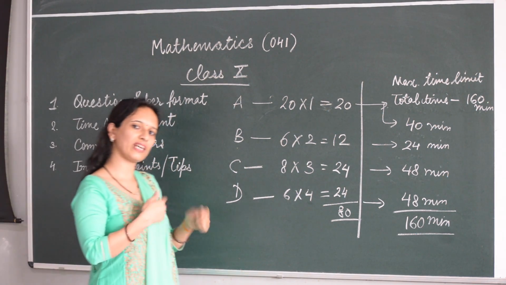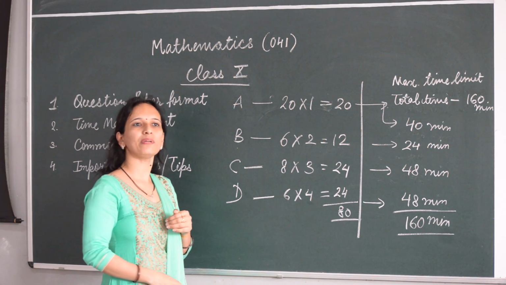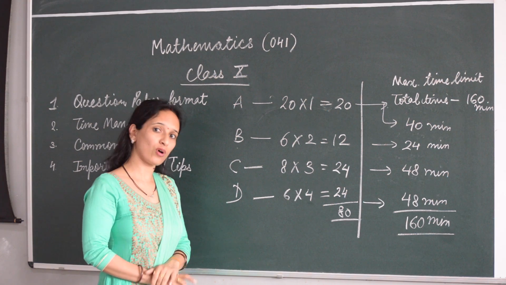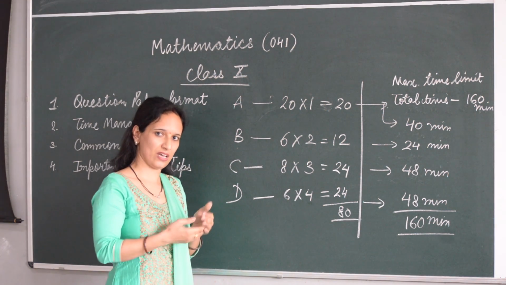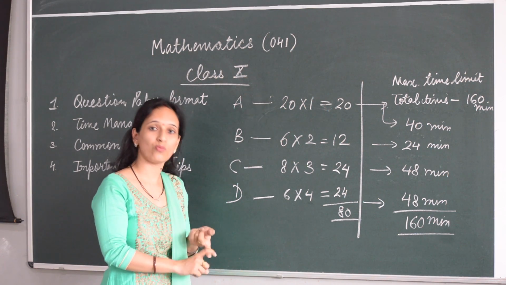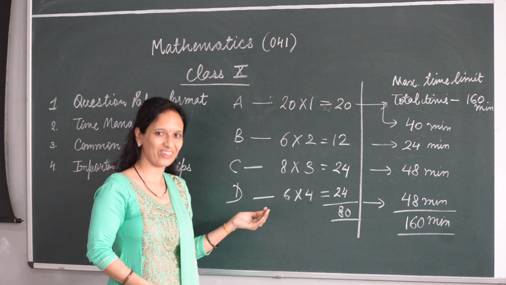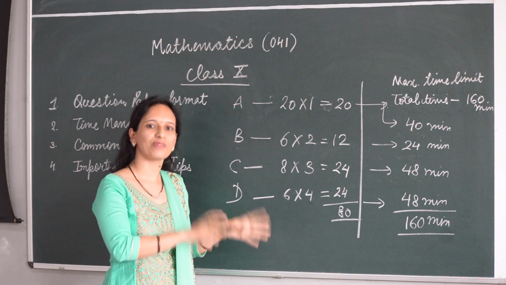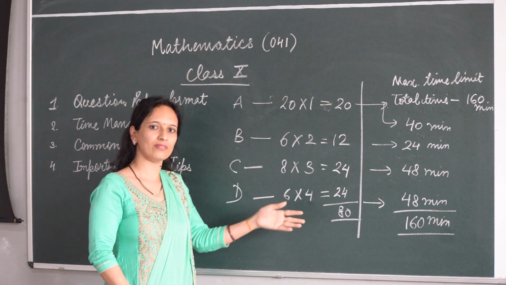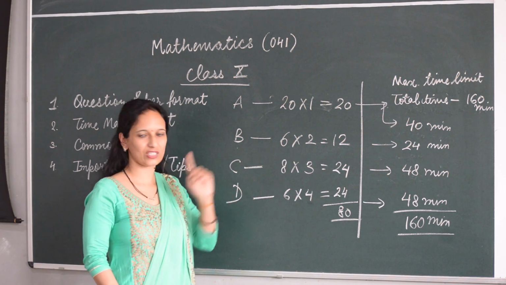Now I am going to take some of the chapters where the students make common errors. Okay, let me take polynomials first of all. In polynomials, when you are asked to write the polynomial, you must focus on the statement whether the zeros are given or the sum or product is given. Many students face a problem here: zeros are given but they consider them as sum and product, which goes wrong. So this is one point.